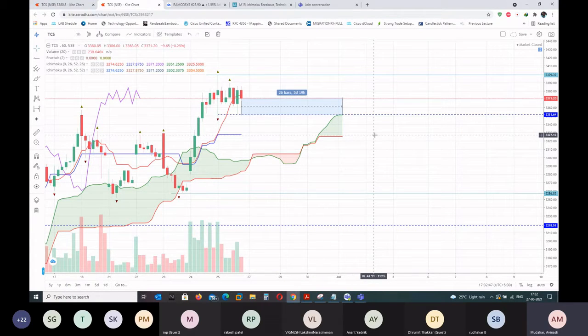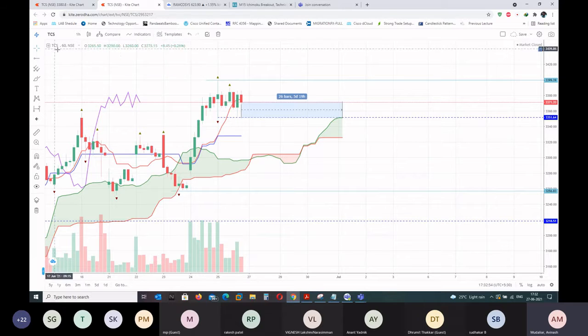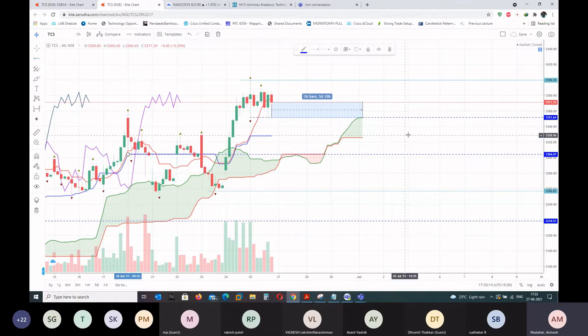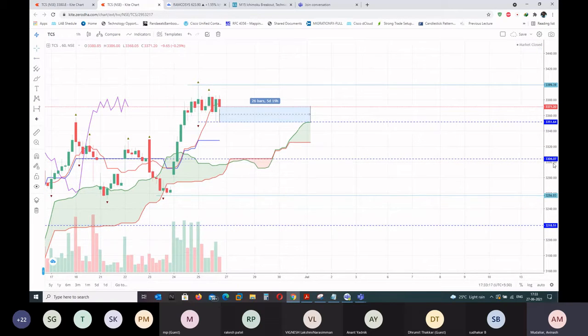If it is flat, that means it's a strong support and resistance. One of the key concepts: there are 5 lines, Tenkan-sen, Kijun-sen and the others. Whatever lines are flat, when I say flat, like you can see this line is flat, that means it's a strong support and resistance level. So here if I plot a line, this 3304 is a strong support level. It's not a zone, it's a support line, an exact value.